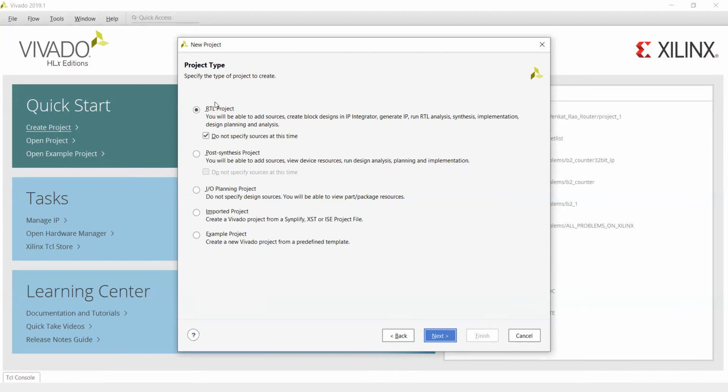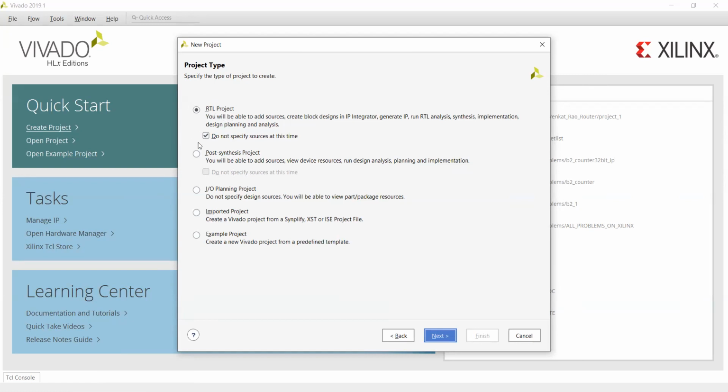So that's why we can start with the RTL project. If existing projects are there, then you can go through options like post-synthesis project, IO planning, implementation, or example project. But we are starting with a very new, fresh design, so we are clicking on RTL project.